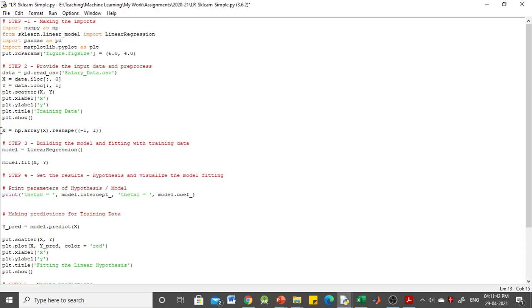input array x to be 2-dimensional, right? So we are going to make use of the reshape function on this data x. Using this reshape with the arguments -1, 1, we now have x as a 2-dimensional numpy array. In step number 3, we are going to build the model and fit our